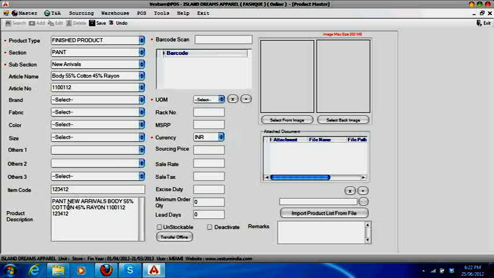Then the description of the product is added in this product description combo.